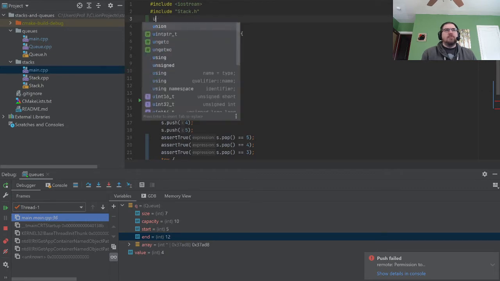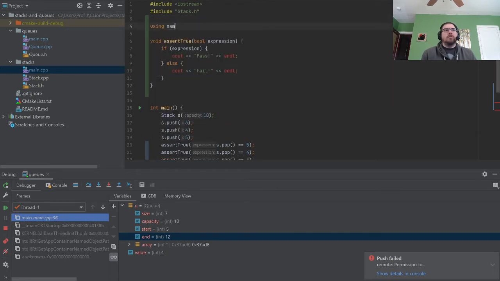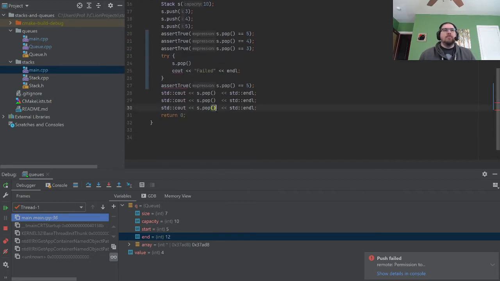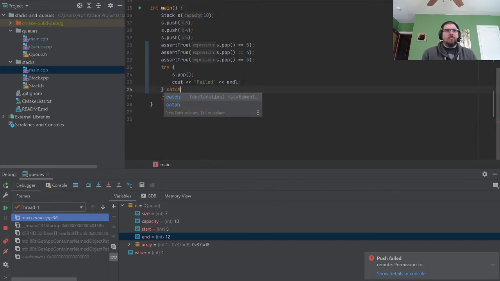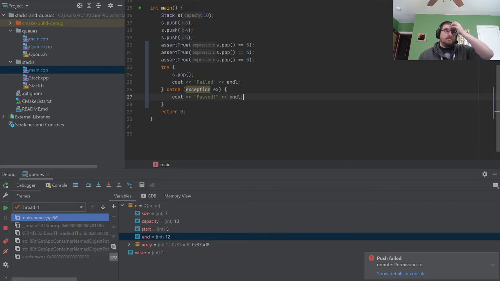I have iostream, using. Are you happy now? Now are you happy? Oh, I don't have a semicolon. That's not good. Now you're happy. And then we're going to catch exception ex, cout passed. So we wanted to throw an exception when there's nothing on the stack. Okay? Seems fair.